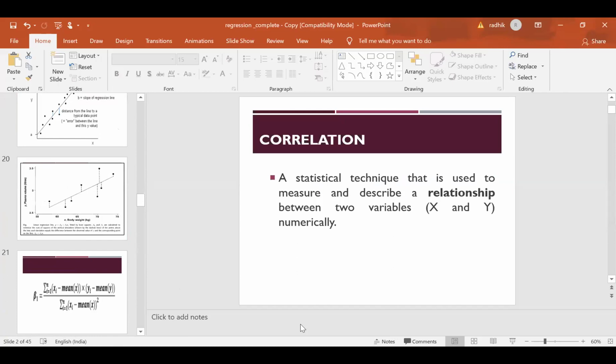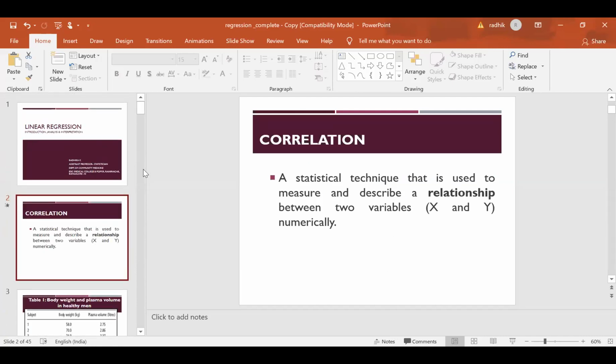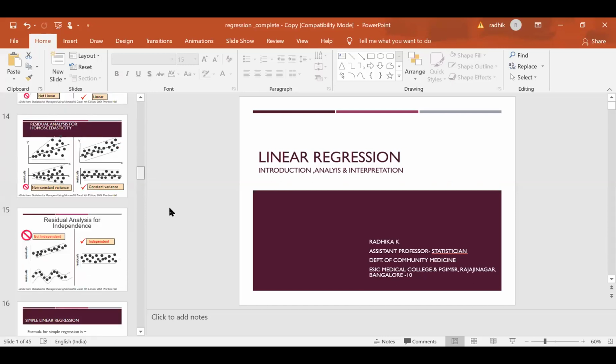The interpretation of linear regression and multiple linear regression is almost the same, and so are the tables that you get. Instead of one beta value, you will have two or three values. That is the only difference. The significance and everything else is almost the same. I'll stop here. If you have any questions, you can ask.